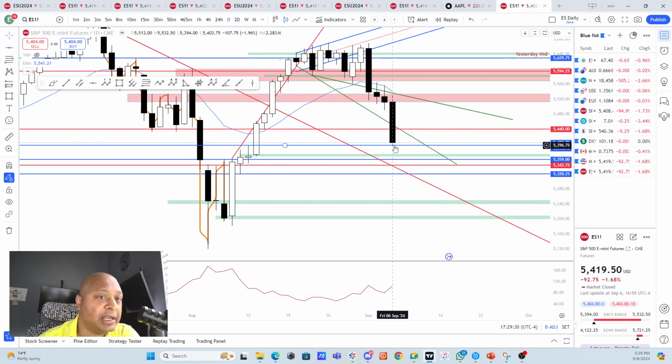So if we are breaking down this 5394 area tomorrow, the next target area may be the 5386, and once we break down this 5386 area, we will come to this 5374 to the 68 area once again. Below that, we might find support in the 5343. Oh, and by the way, this is the micro gap that we have on the daily chart. If we break this down, we will come to this 5359 area, followed by this 5343, and then we can come down to this 5320 to the 18 line as well.